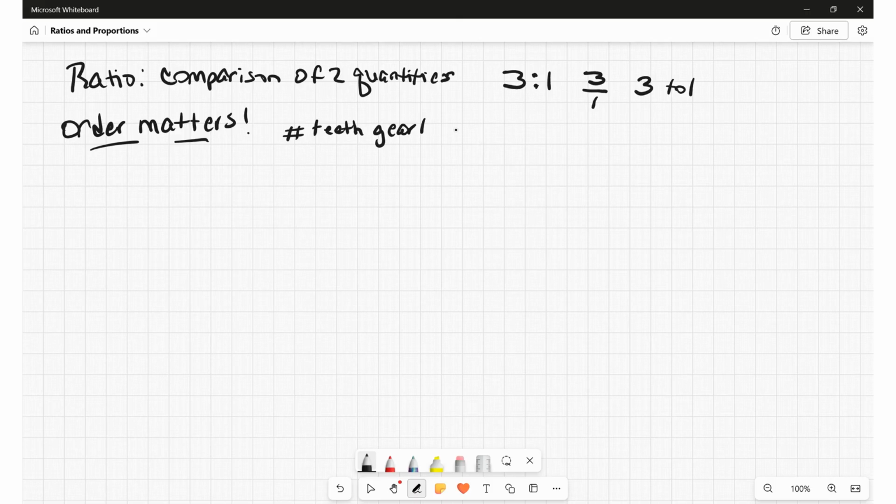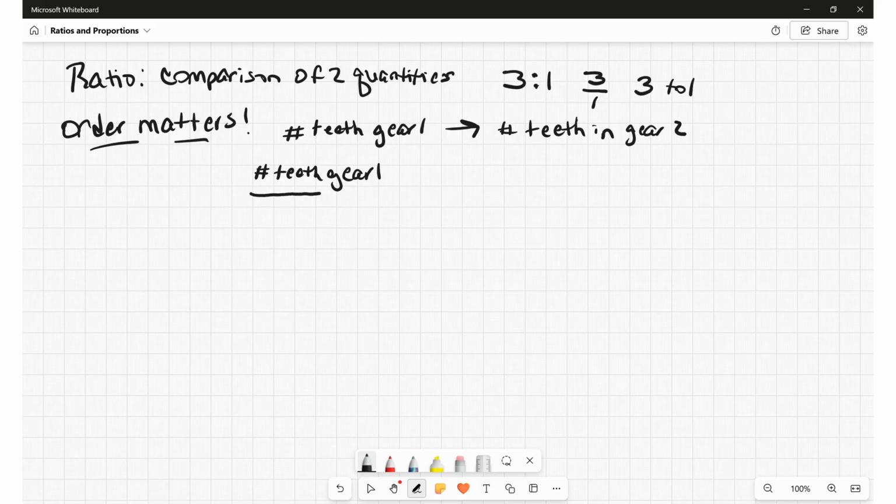And we are comparing that to the number of teeth in gear two. Okay. So if we are creating a fractional ratio where we have the number of teeth in gear one, and we are comparing that to the number of teeth in gear two,